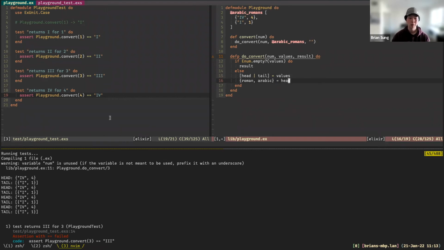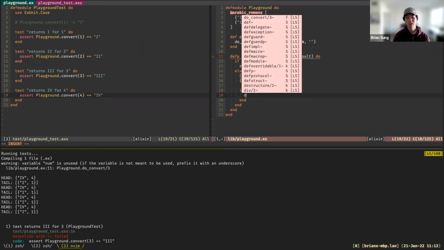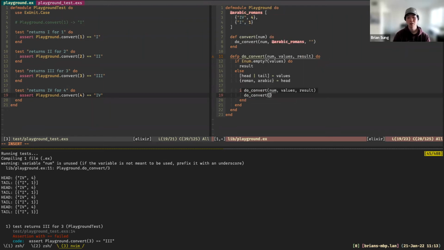So we've essentially pulled this Roman into a variable, and same with the Arabic into a variable. Now this is where we do our calculations. So if number is greater than or equal to Arabic, then we want to call this again recursively, right? Except we're going to subtract the Arabic from the number.